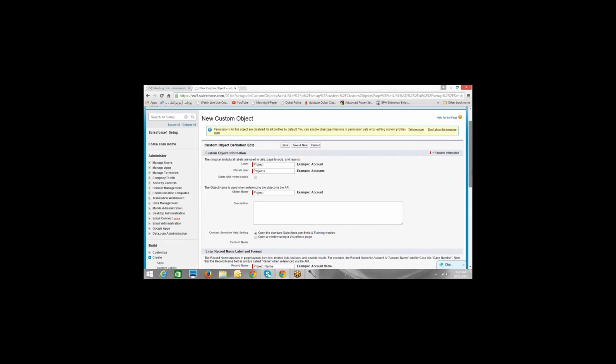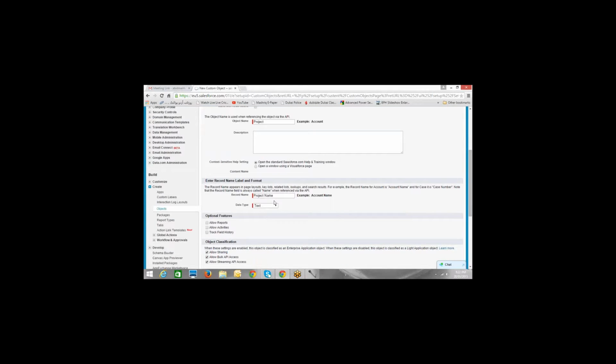By default, when we create an object, there's a field called name which is created, right? Instead of project name, make it Project ID, with a space, not project 001. Project ID, space ID. Yeah. And the data type will be auto number, because I want the numbers to be automatically generated.